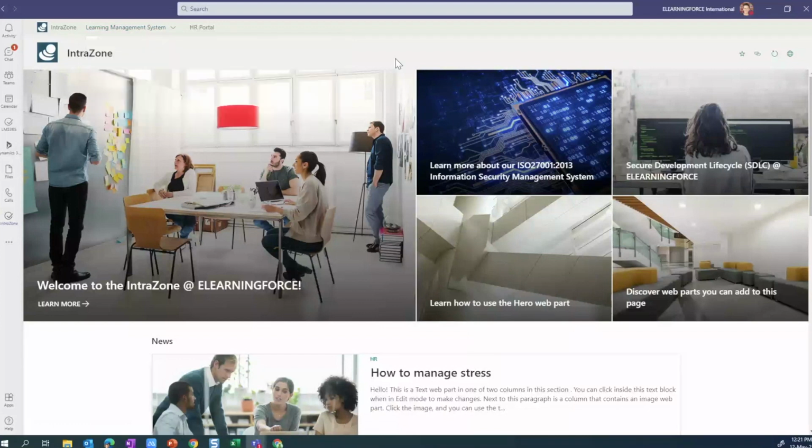But this gives you the ability to create some specific pages that you think would be particularly relevant for your users and rebrand it. You can put your own logo in and you can give it its own name and pin this then over here onto the left. And again, this is called Viva Connections. And that was the last stop on my brief tour of what's new, what's interesting and useful from a training perspective within Teams. So at this point, now that I've mentioned LMS 365, I'll hand over to Charlie